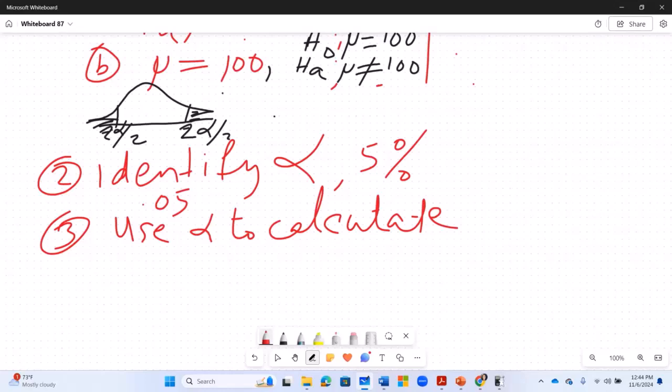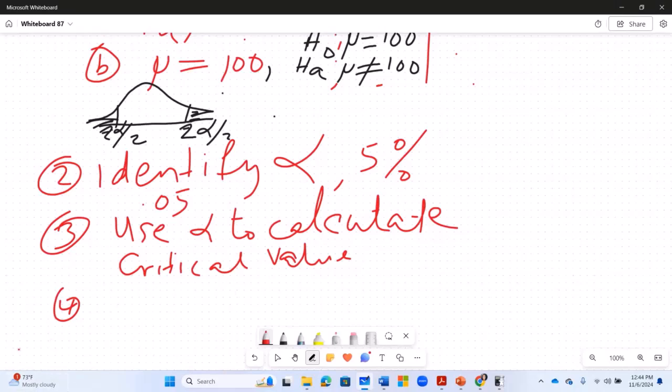If you're doing a confidence interval for proportion, then the test for proportion has to come in. Is NPQ greater than or equal to 10? Does it pass the test to convert from binomial to normal? If it does, then you do the one proportion z-test. So use alpha to calculate the critical value. That is step 3, critical value. Step 4 is